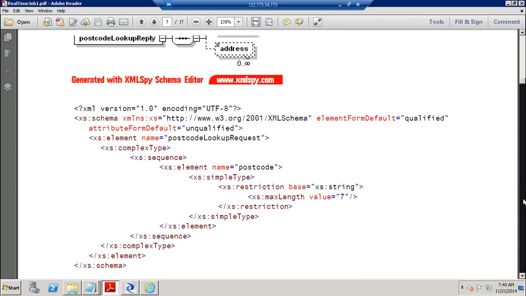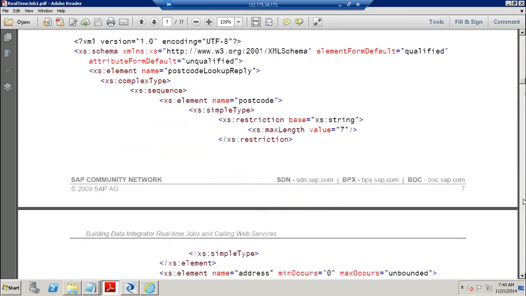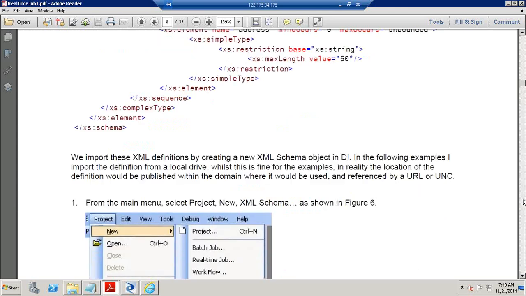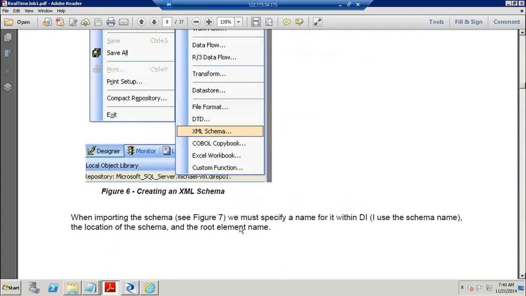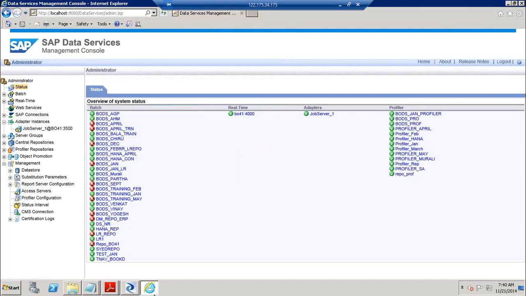And the third one, the access server, is not mentioned in this document, but that has to be configured so that you can start working on it. And once you are done with all these basic level settings and you cross-check that they're up and running on the system, then the next step is you can go and create your real-time job, test the real-time job, convert